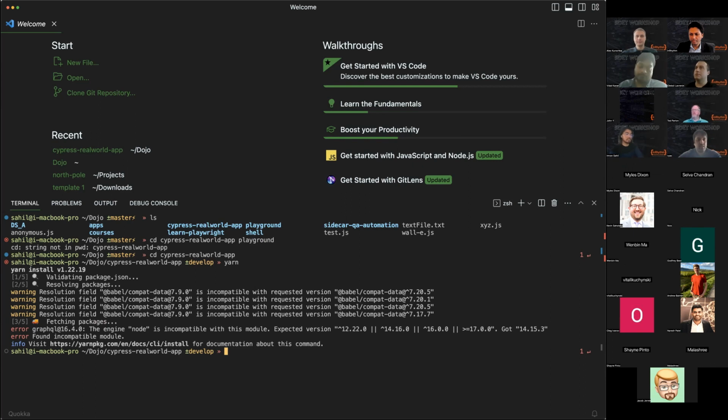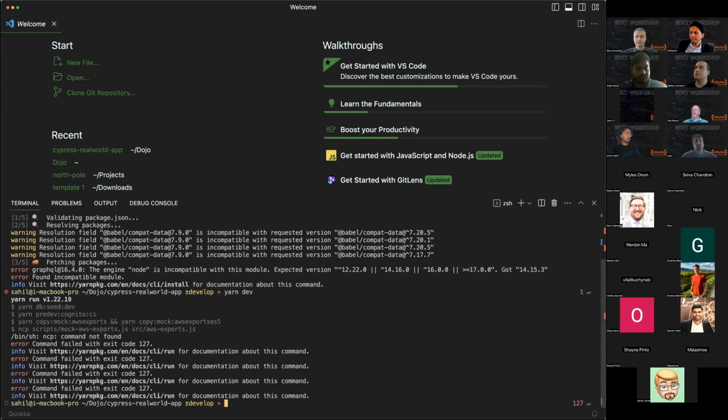Based on the README in the repository Vidal shared, if you want to run the app, you pass the command yarn dev, and it should launch the application on your local. Command failed with code 127.